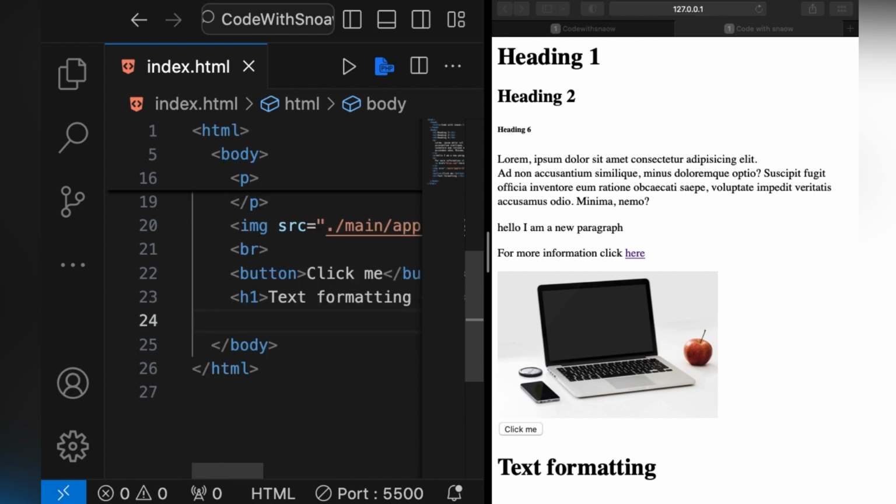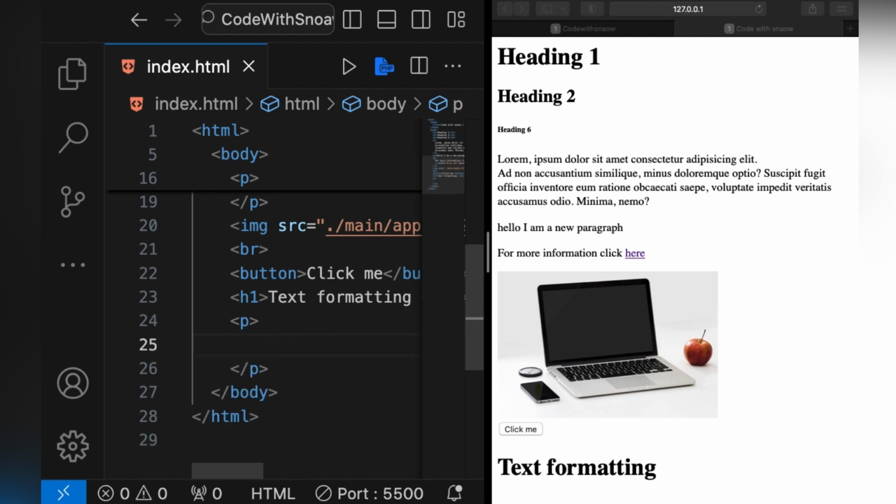In most cases we need different text formats, like making the text bold, making the text italic, or changing the font of the text. I want to show you the tags that we'll be using to do those tasks. So first of all, one of the most common things that you will need is to make your text